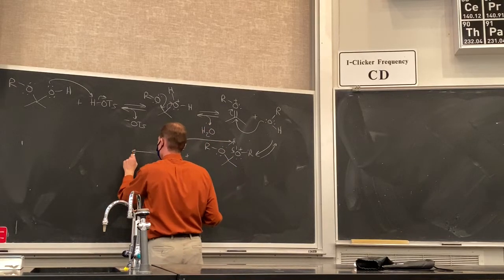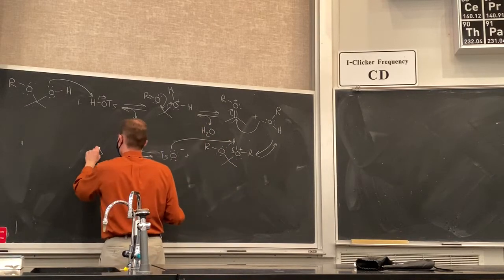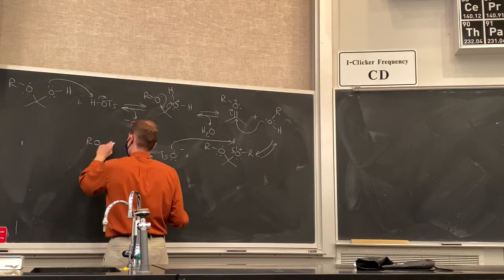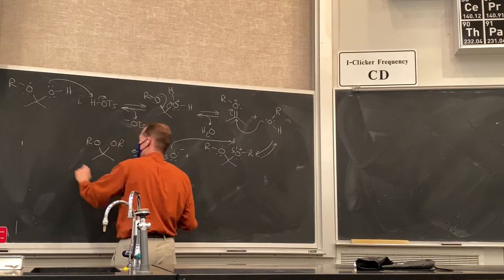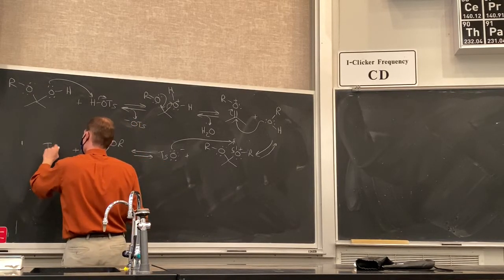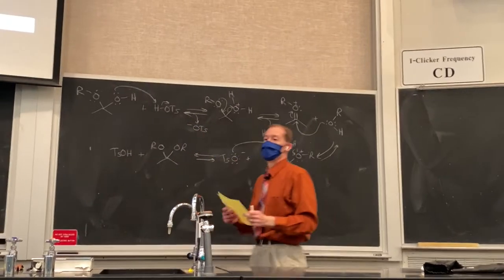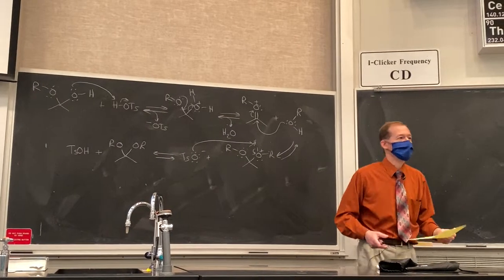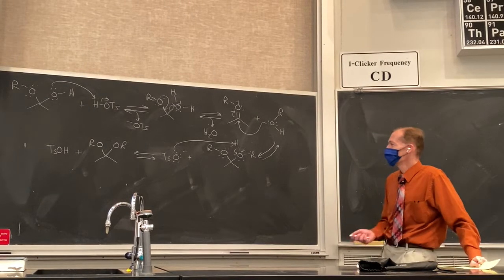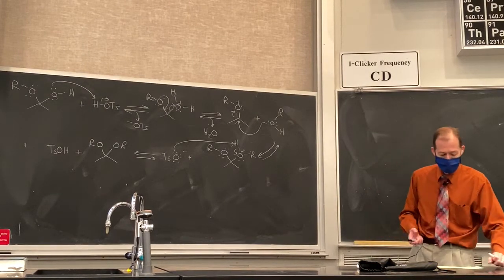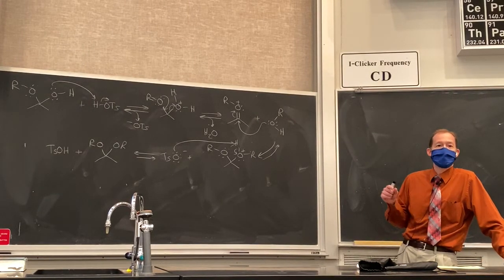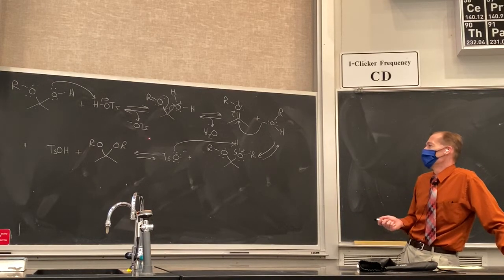Deprotonating that oxygen, generating our acetal product, and reforming our toluene sulfonic acid. The reaction is catalytic in toluene sulfonic acid. Okay? So this is how we convert a hemiacetal into an acetal